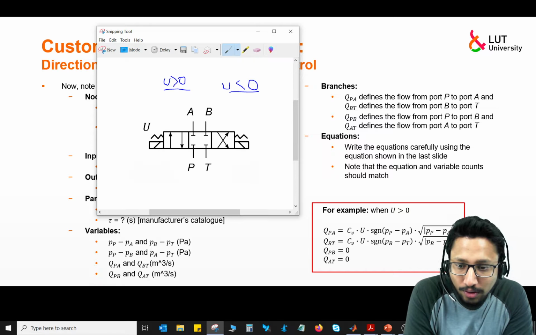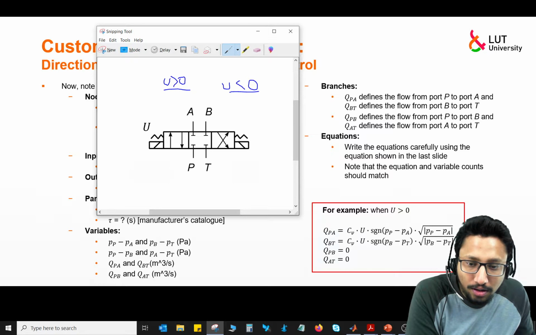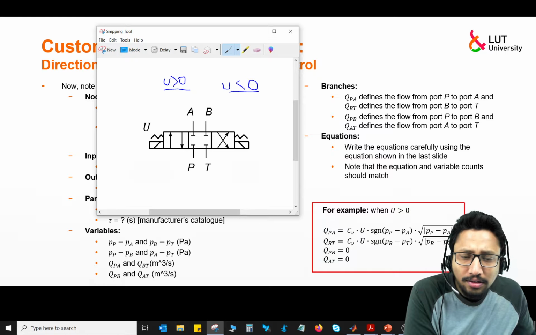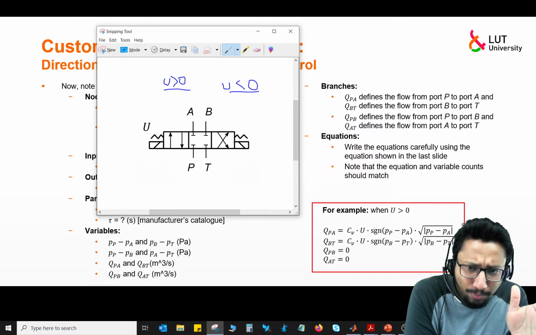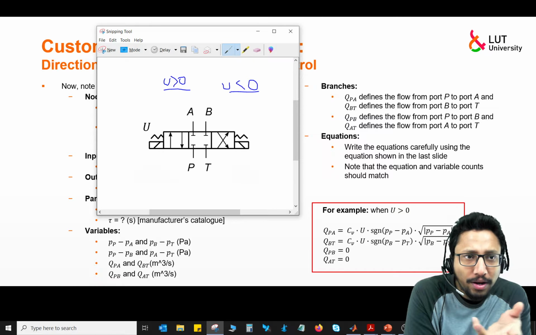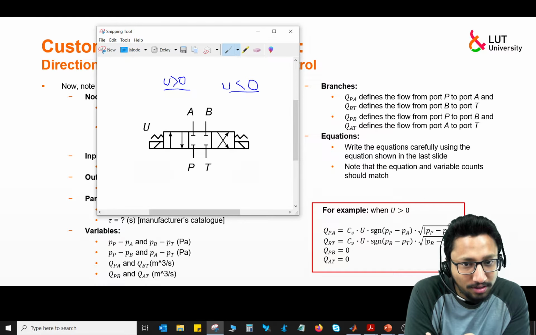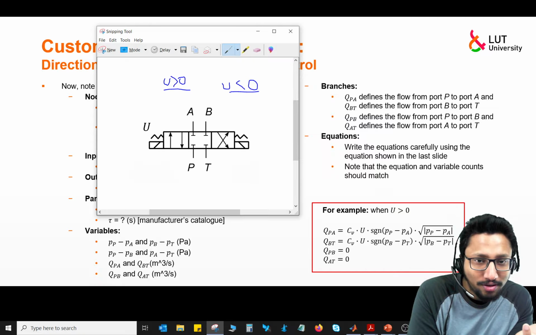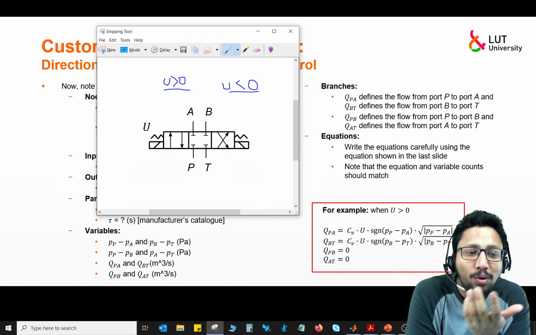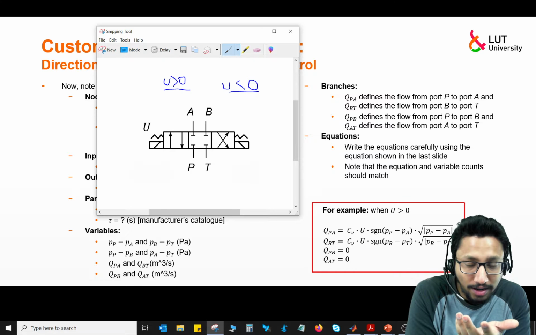So okay, if you have understood this part correctly, then from the theoretical point of view, when you are trying to solve something, when you have some unknowns that need to be solved, then you need to have an equal number of equations. The number of unknowns should match the number of equations, right?